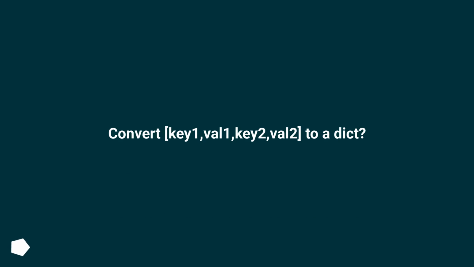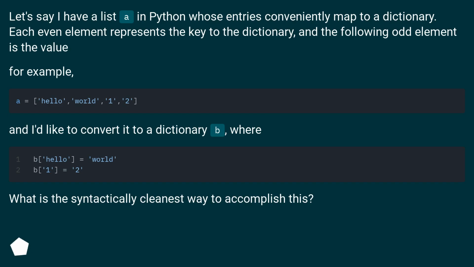How do I convert key1, val1, key2, val2 to a dict? Let's say I have a list A in Python whose entries conveniently map to a dictionary. Each even element represents the key to the dictionary, and the following odd element is the value. For example,